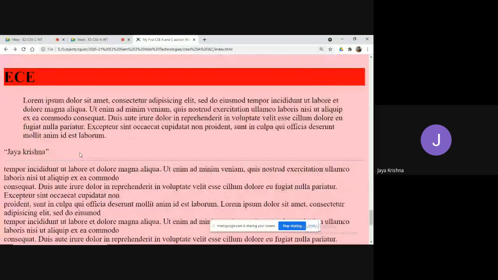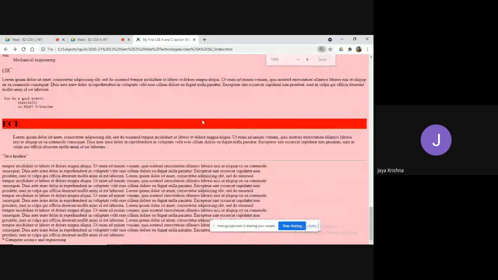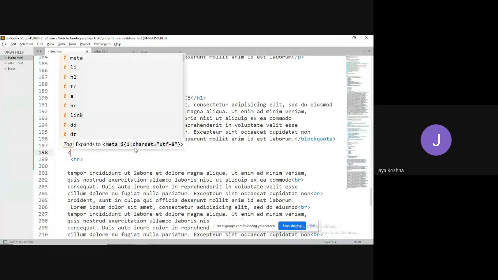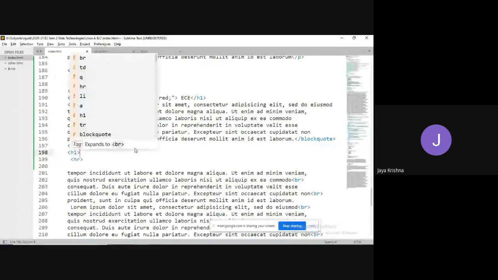You can go ahead. It is going to display in the form of double quotations. If you would like to display in the form of double quotations, I can go for the Q tag. Okay, fine. So like this, we can have various kinds of tags. For example, I would like to display some special characters.